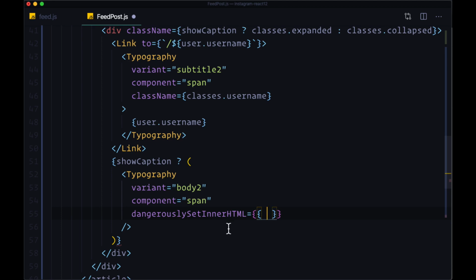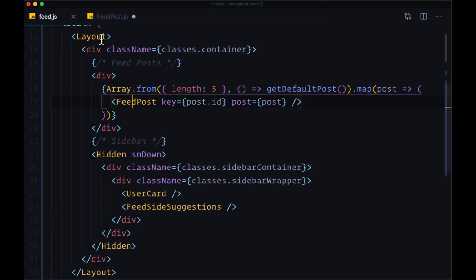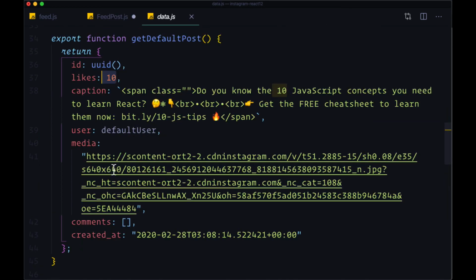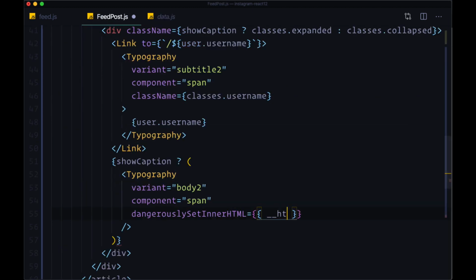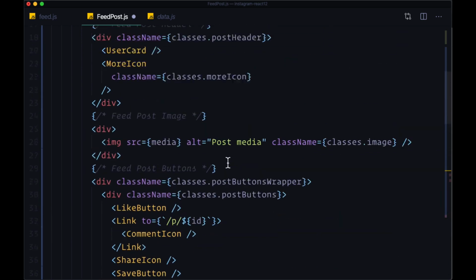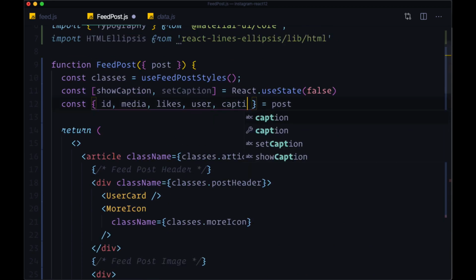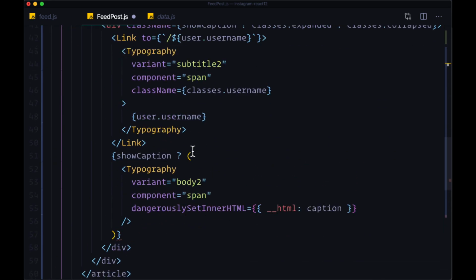And the reason for this is that our caption consists of raw HTML. If I go back to the data file, it just consists of raw HTML here. So we're going to set on dangerouslySetInnerHTML the __html property to caption. We'll need to grab that from post. And otherwise,